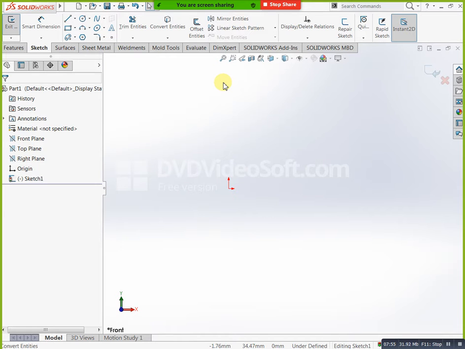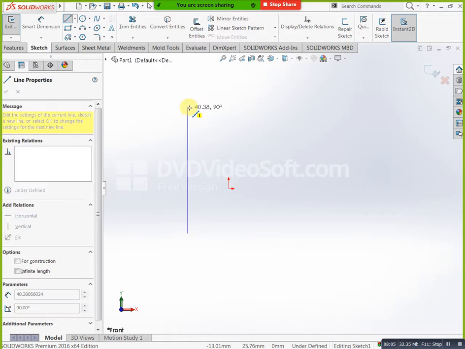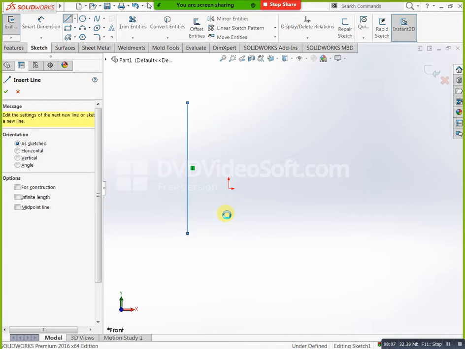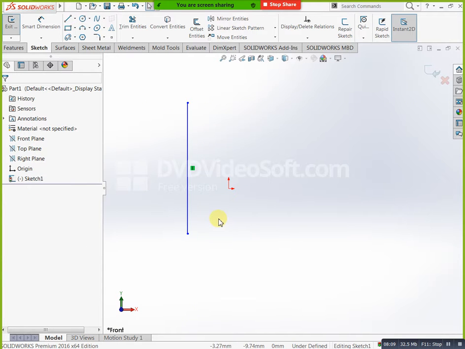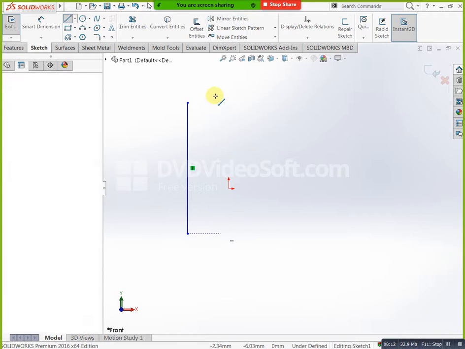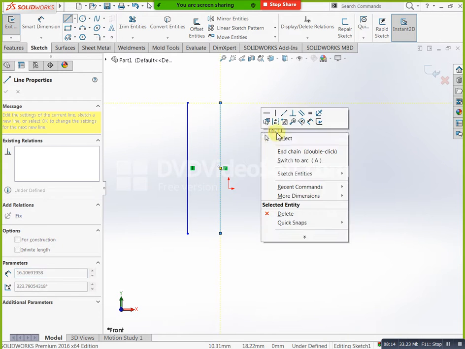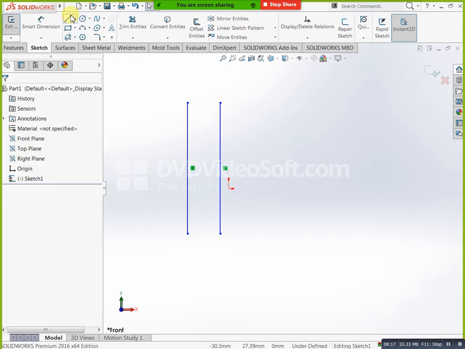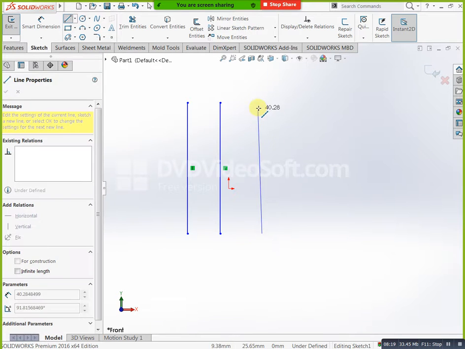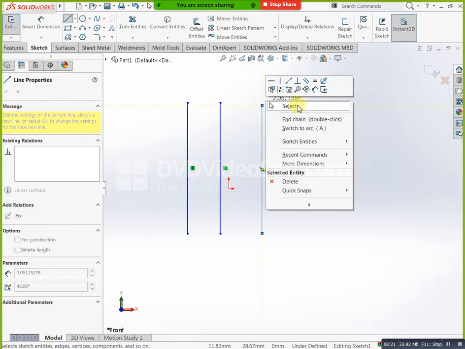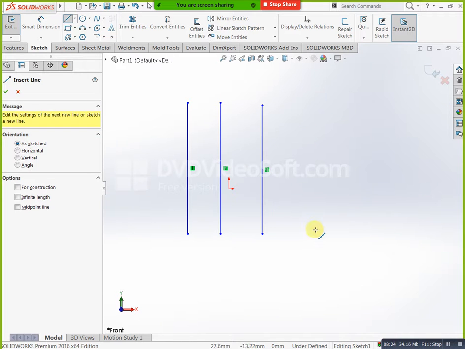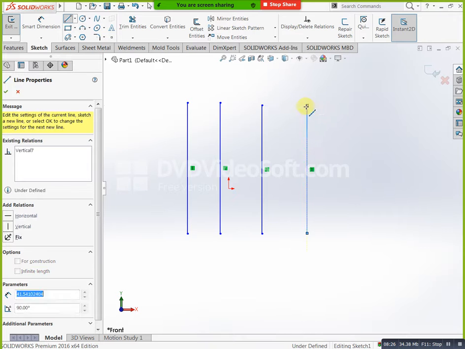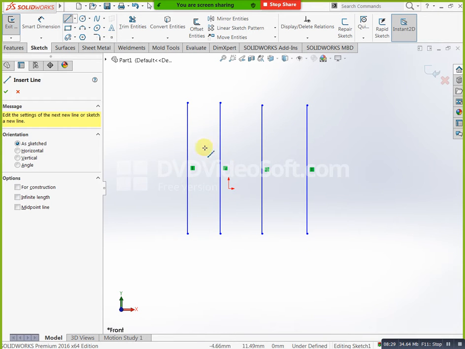Here we have trim entities, extend entities. What is the difference between these two? I am applying like this, 4 or 5 lines.